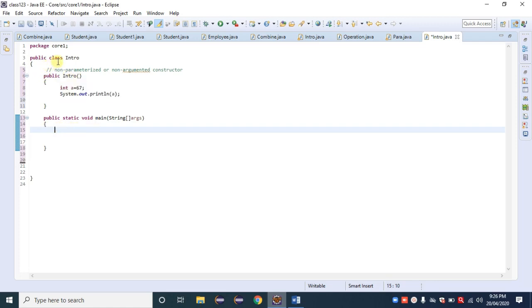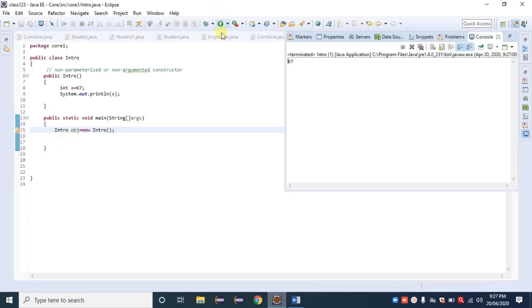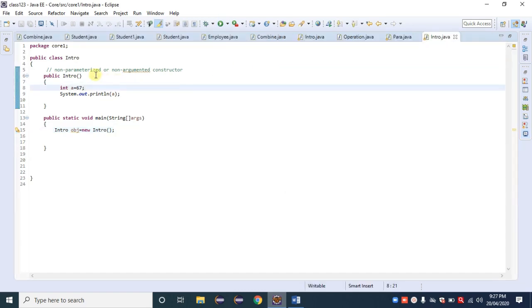So create an object for the Intro class: Intro, using obj as a reference variable, is equal to new keyword and the constructor Intro. Then click on the run button and observe the result. We get 67 as a result. So this type is called a non-argumented or non-parameterized constructor.